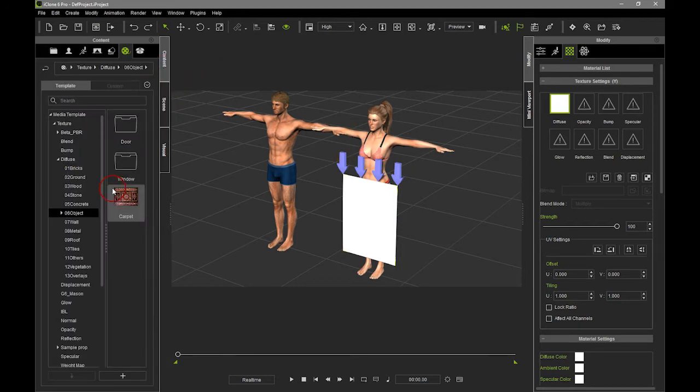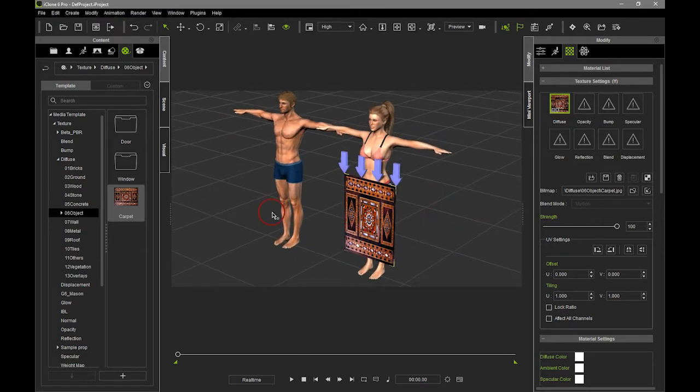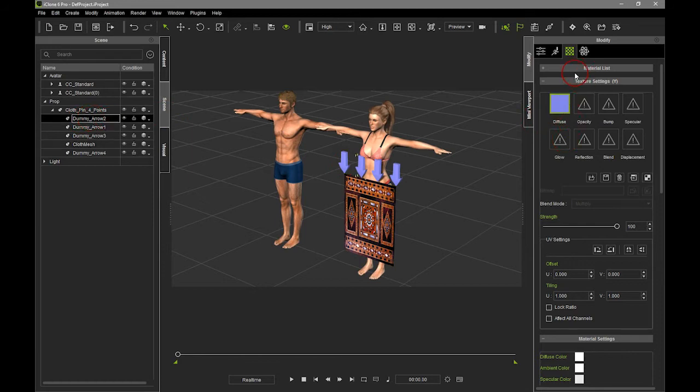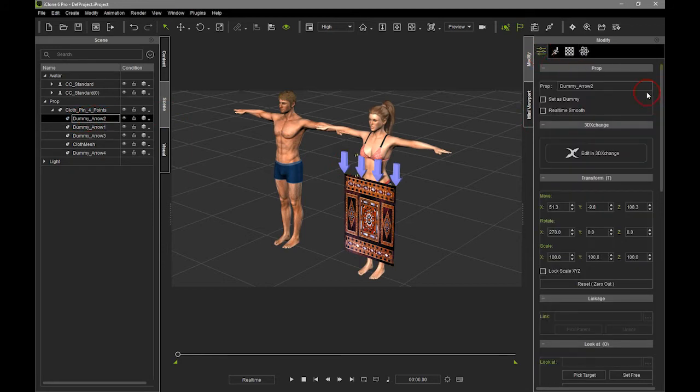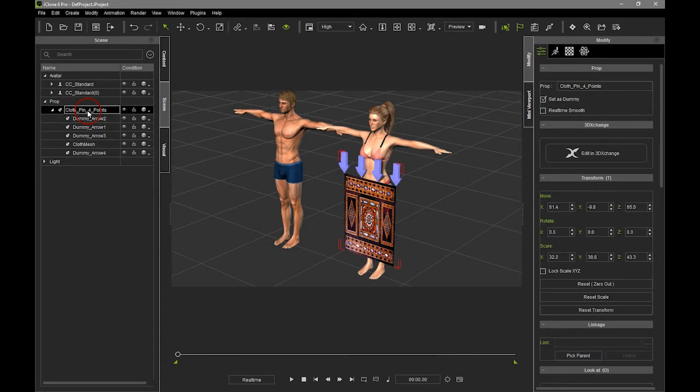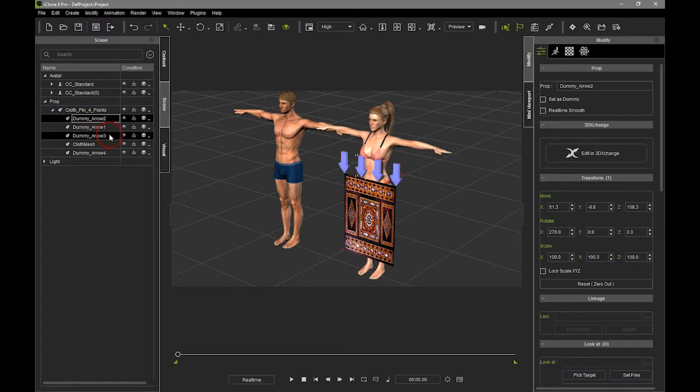And let's go back to Content, and let's drop that into the diffuse slot. There we go. So now we have a nice colourful scene. Now the other thing we want to do is make these arrows dummy objects so that they don't show up during render time, because at the moment the top level object is set as a dummy, although to be honest it doesn't show up when you turn dummies on and off anyway. But let's just do the arrows and set these to be dummy objects,